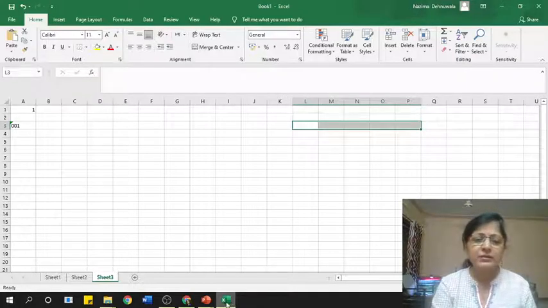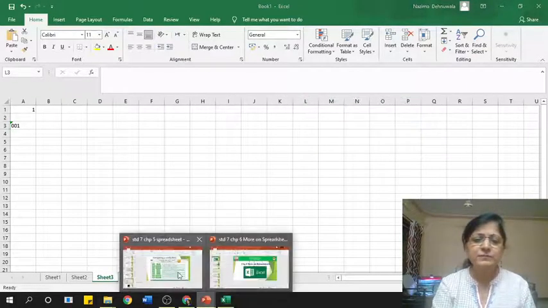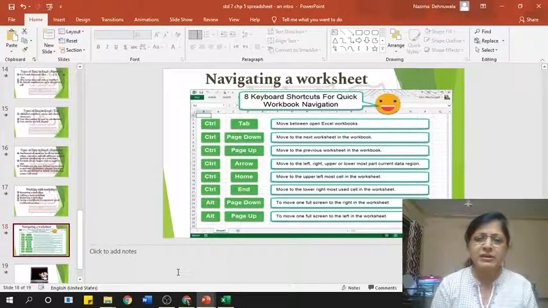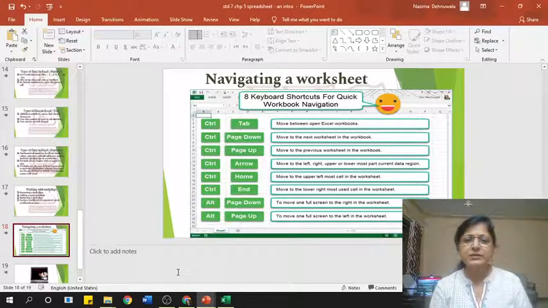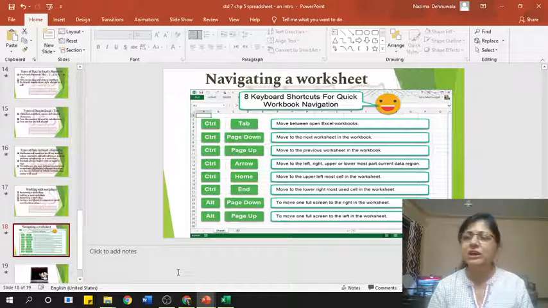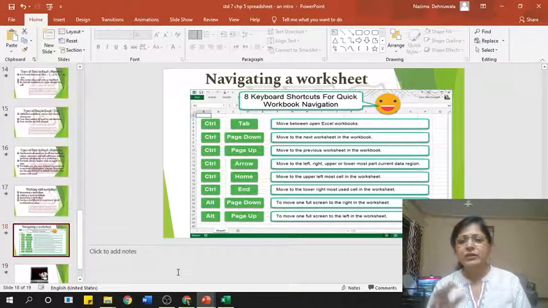Coming to the control page down and control page up keys, that will basically take you to the next worksheet and the previous worksheet. Then you have the control arrow keys. You can move left, right, and all that.